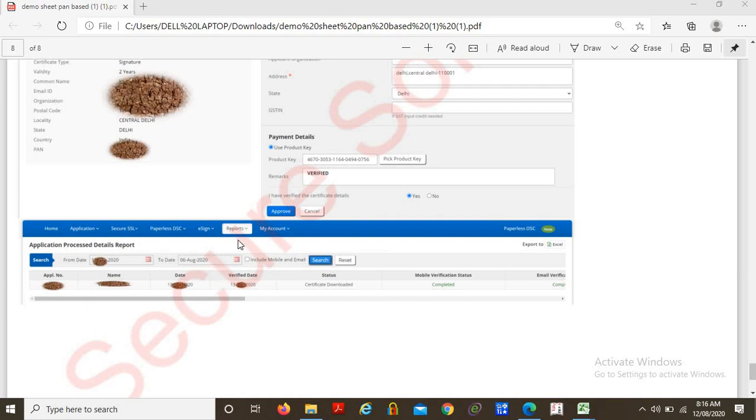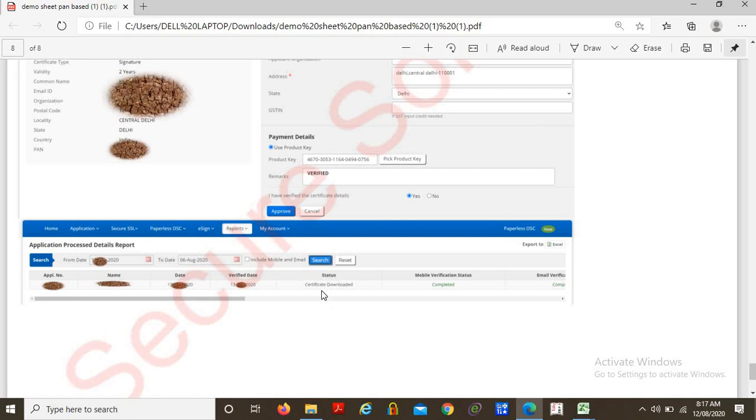Then it will be shown in the report section. When you click on report, there is the option of application processed. When you click on the same, the applicant details will be displayed over there, and you can check the status whether it is approved, DSC approved.